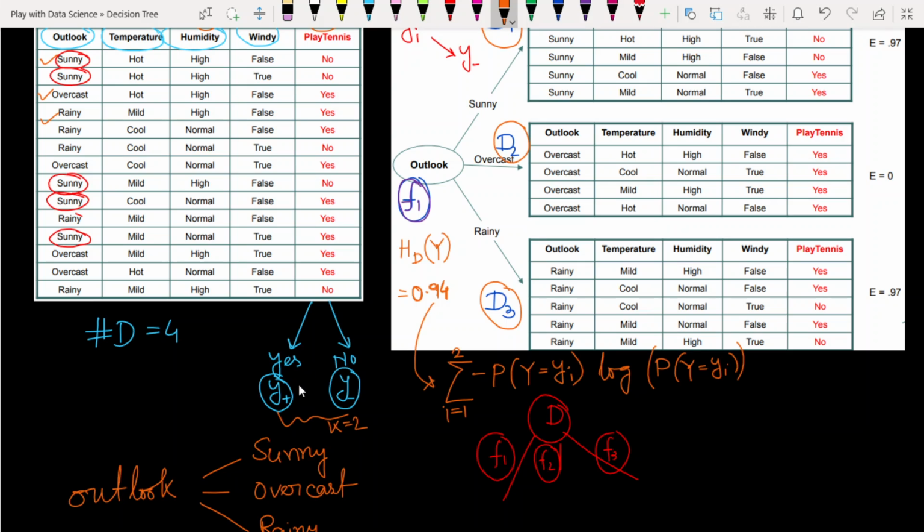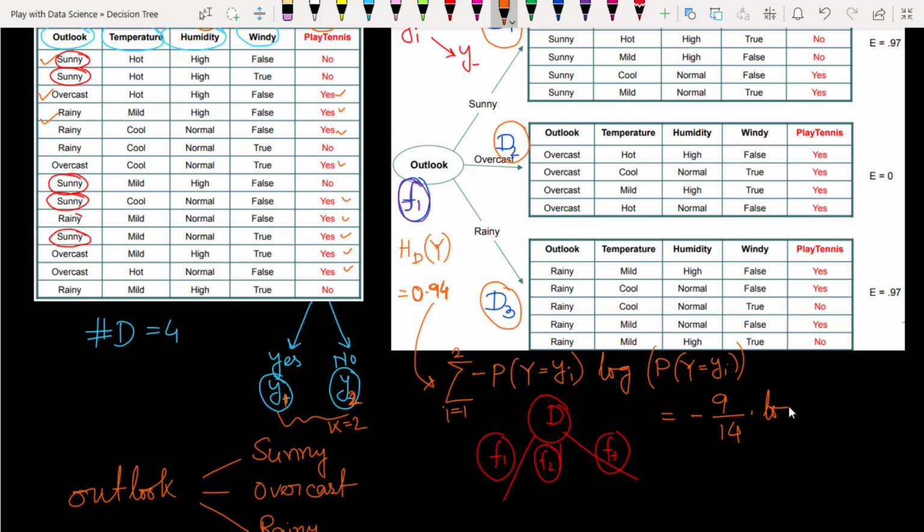Here we have two classes only, yes or no, call them y1 and y2. So this value will be minus, how many yes do we have here? 1, 2, 3, 4, 5, 6, 7, 8, 9, total 9 yes. Here we have total 9 yes out of 14, into